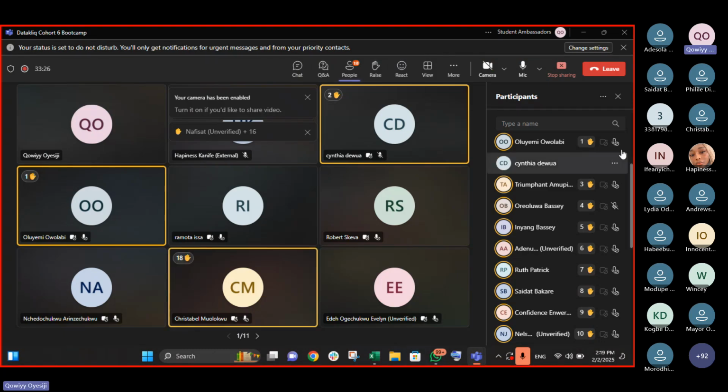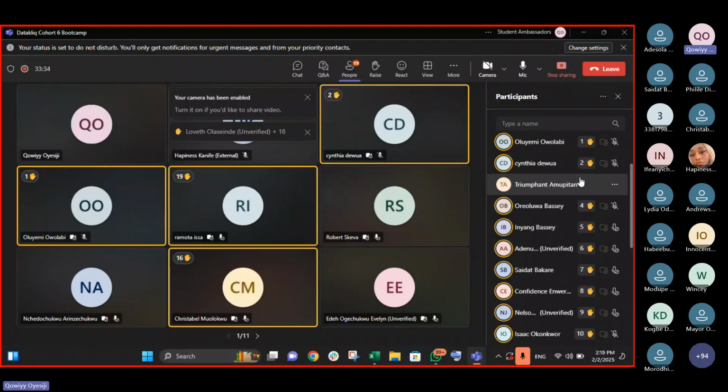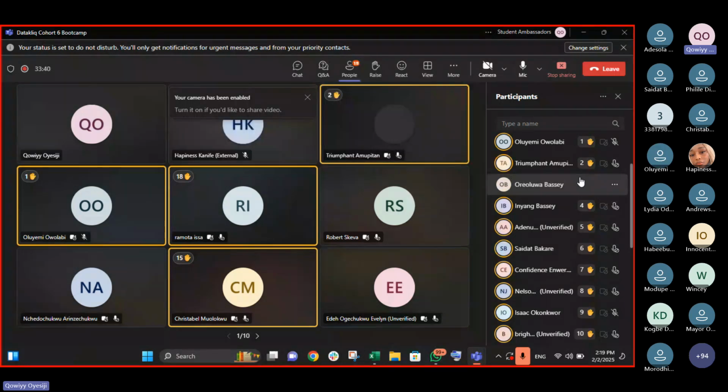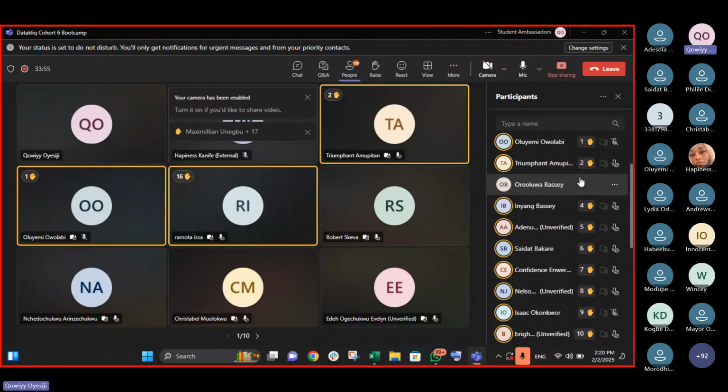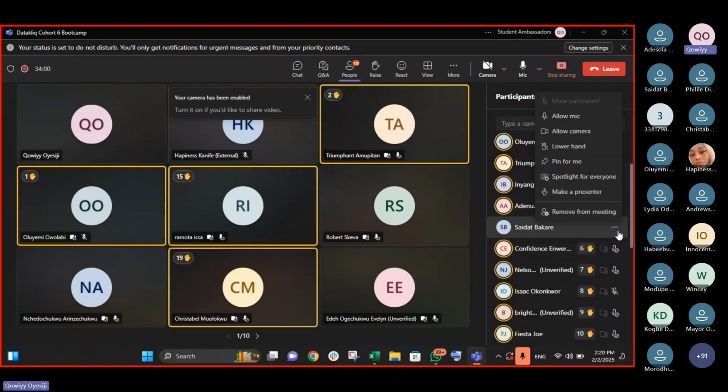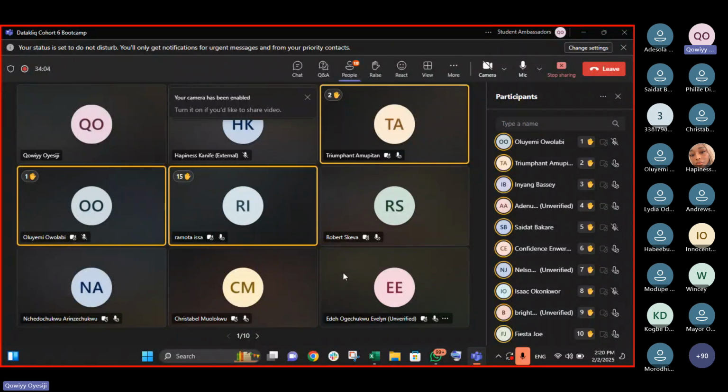Olabi, let's go. You have access to the mic. What do I need to do for me to tell my Excel that, okay, this particular thing we've done to this first row, perform the operation, use the formula for every other thing downward? Who's going to tell me? Oluyemi Olabi, you have access to the mic now. Do you have any idea? You're not saying anything. Okay, let me give it to Saidat Bakari. Saidat Bakari, let me give you the mic. What am I expected to do to tell Excel that this particular function we've applied to this, apply to every other thing in this row?